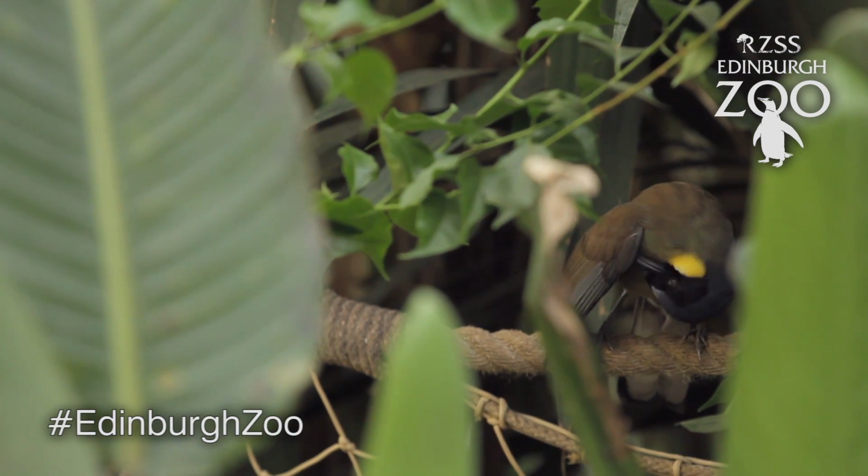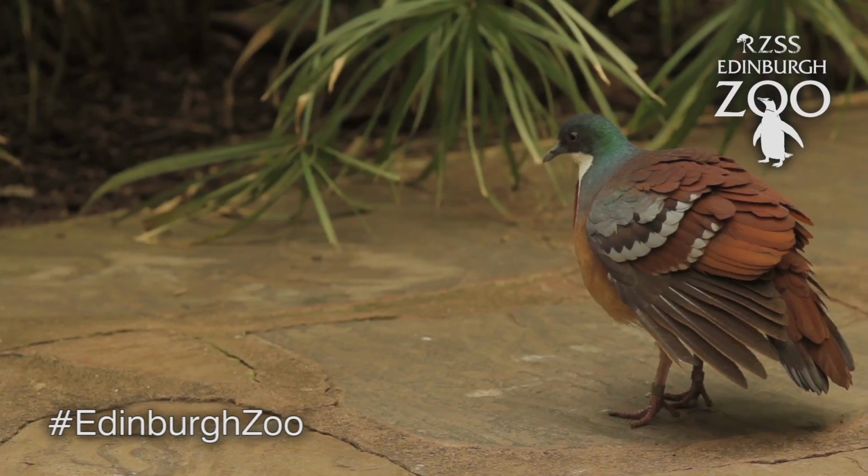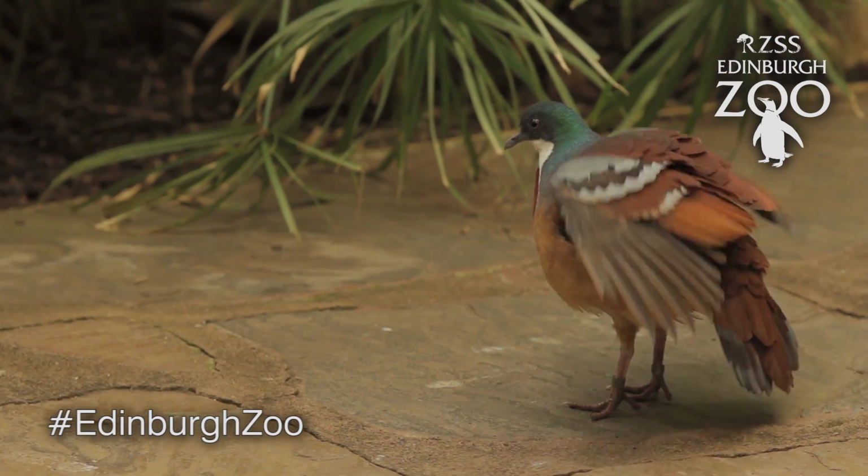This is quite an active exhibit all day long. We have that many birds within the exhibit that there's always something to see, and it is one of our few tropical houses within the zoo, so certainly on the winter days, cold, wet, rainy days, it's probably one of the best places in the zoo to